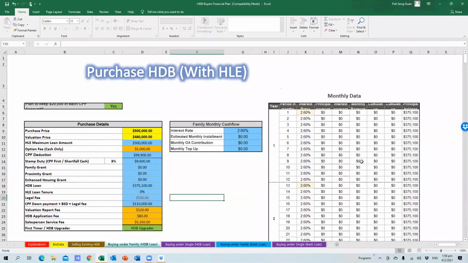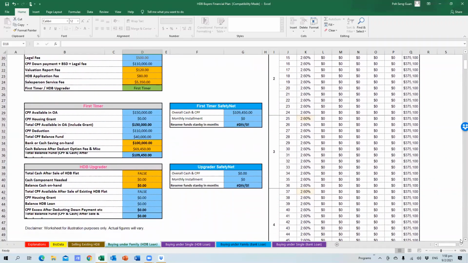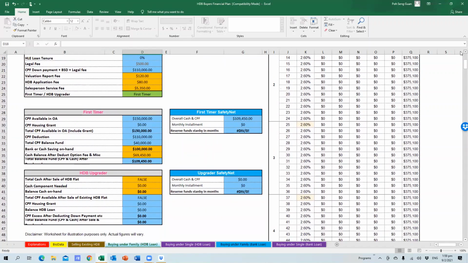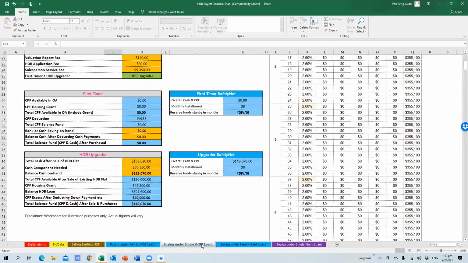Yes, you can see. It will prompt you everything. All you just need to do is key in the yellow ones. And if you are under single,